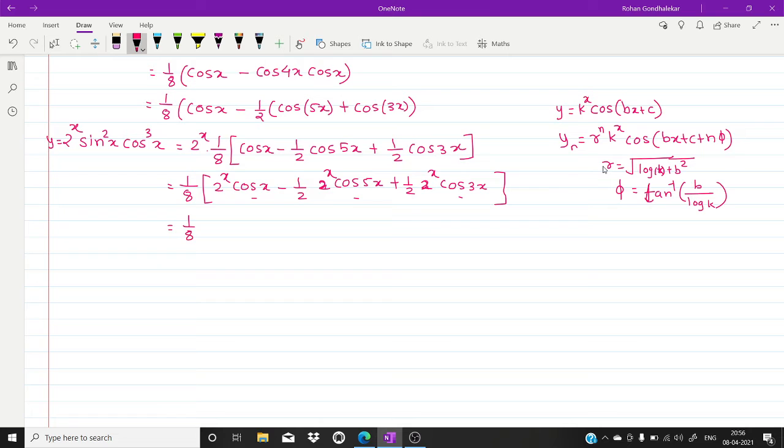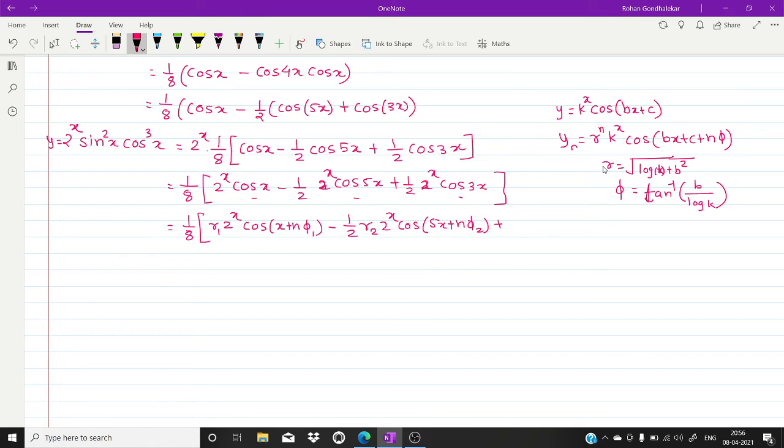So we have 1 upon 8 into bracket r1 into 2 raised to x into cos x plus n phi 1, where I call the phi for r1 phi 1, minus 1 by 2 into r2 into 2 raised to x into cos 5x plus n phi 2